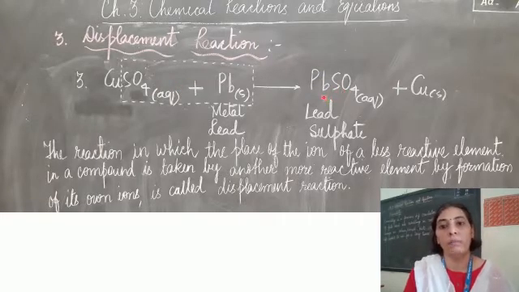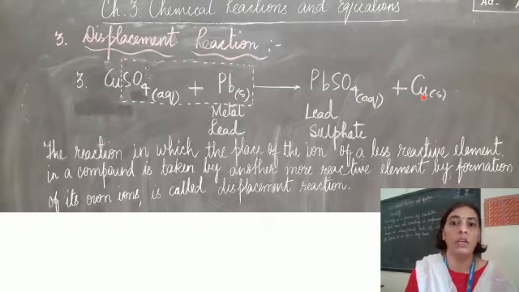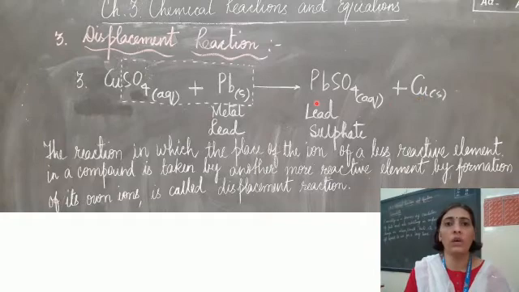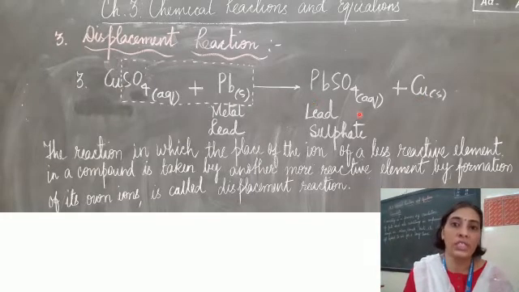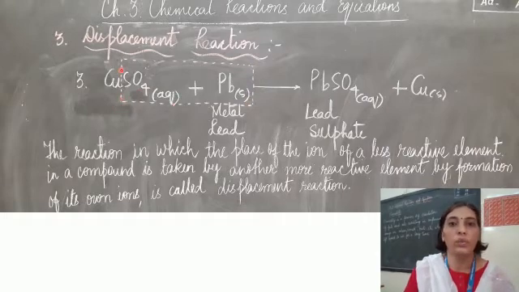that is PbSO4. Pb has a 2 plus charge and the sulfate ion a 2 minus charge. So again, when you cross the valencies, you will get the formula PbSO4, and along with this the next product will be copper. So this is how the displacement reactions are taking place. Here also I've just made one box, a dotted one, which will tell you what the products are. So PbSO4 is one product and copper is the second product.